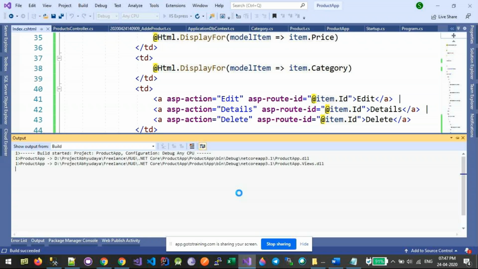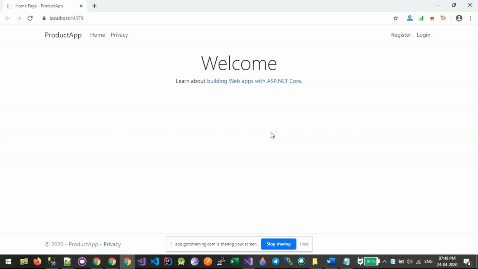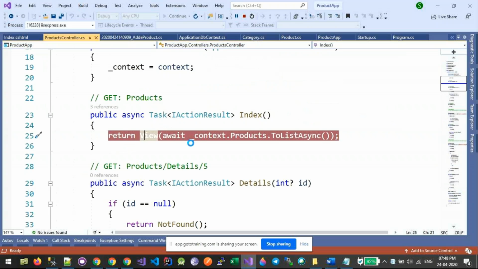In the meantime, if anybody has a question, you can fire the questions. Okay, let me go to /products, and before I go there, let me put a breakpoint in the index action method.